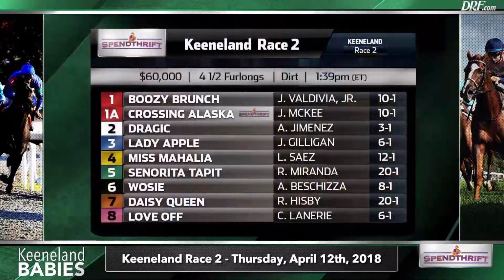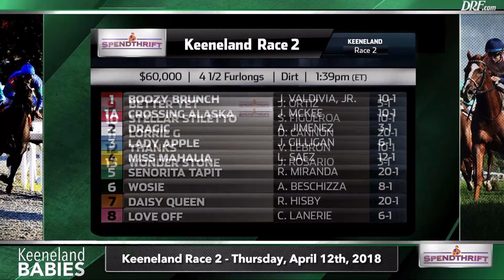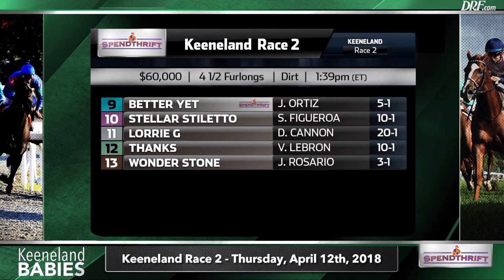Of course, it's at 4.5 furlongs as we throw up the field of 2-year-old fillies for our Keeneland Baby race. And Spendthrift is represented by the number 1, Crossing Alaska, by Cross Traffic, and the number 9, better yet, by Spendthrift Regional Stallion, Super 99. We'll take this field in program number order, Nicole, and we'll begin with the number 1, Boozy Brunch, a $20,000